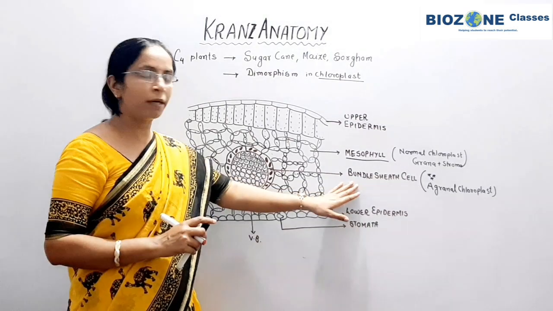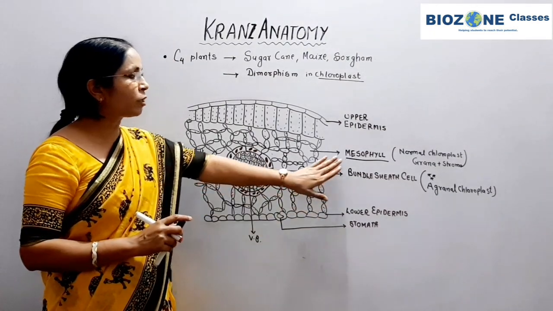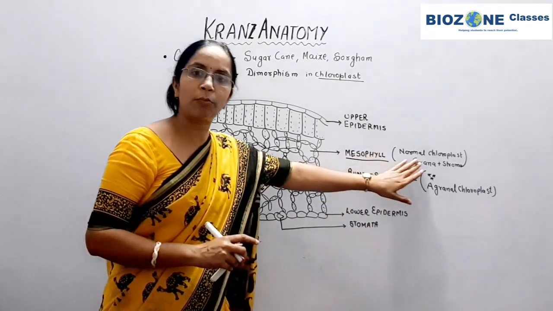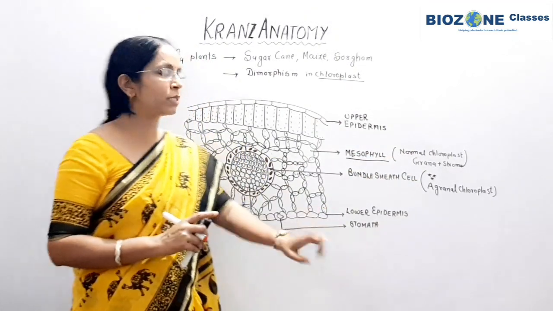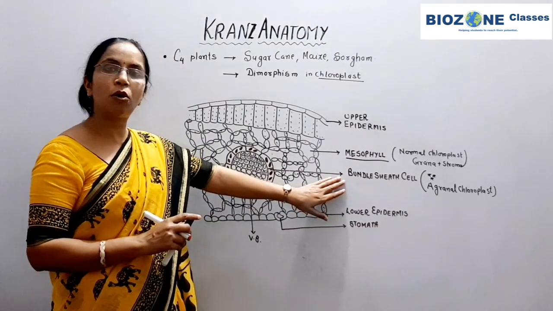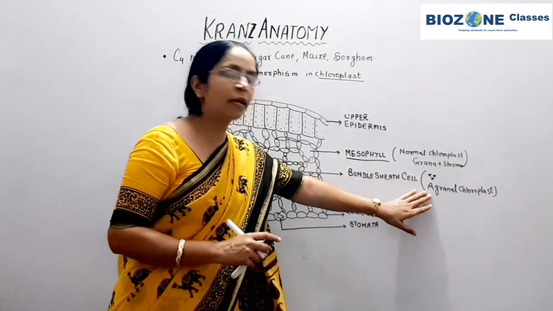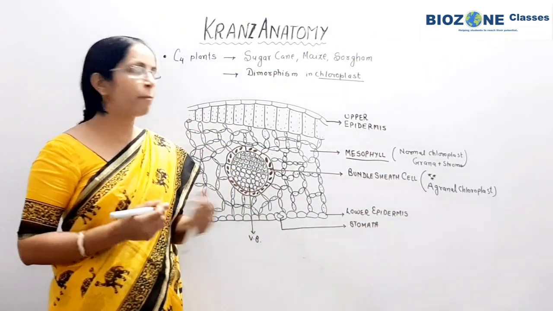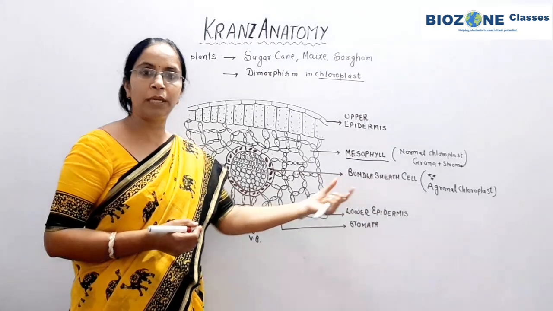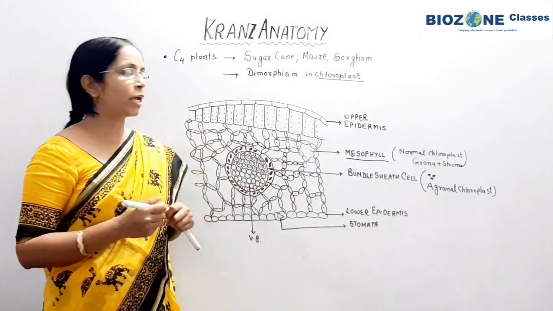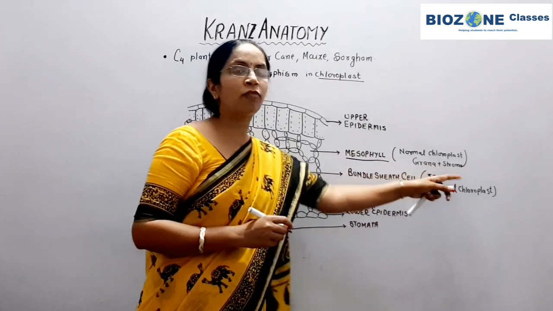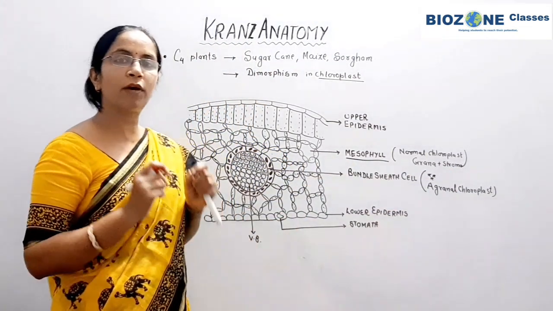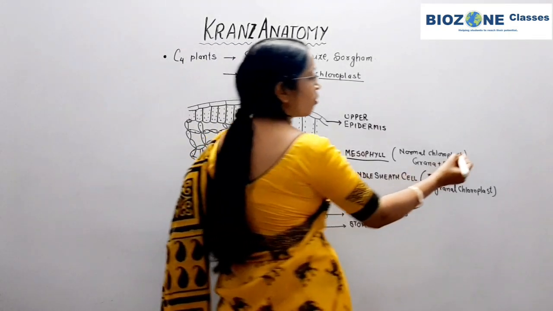So this thing you remember. This is the common structure, that two types of chloroplast appear. Mesophyll chloroplast is a normal chloroplast, that is a granal chloroplast, whereas the bundle sheath chloroplast is agranal chloroplast that shows the presence of stroma only. Now what is the importance of this kind of anatomy? When we study the C4 cycle, because of the presence of grana and stroma, the mesophyll cells show the presence of one important class of enzyme.